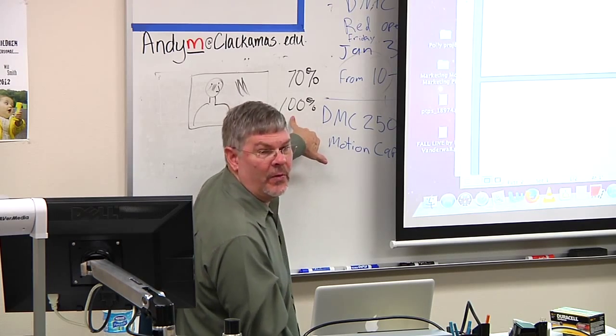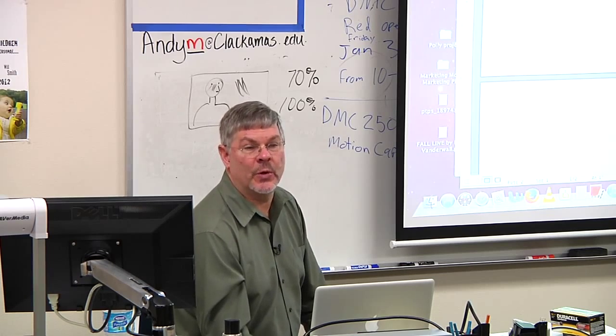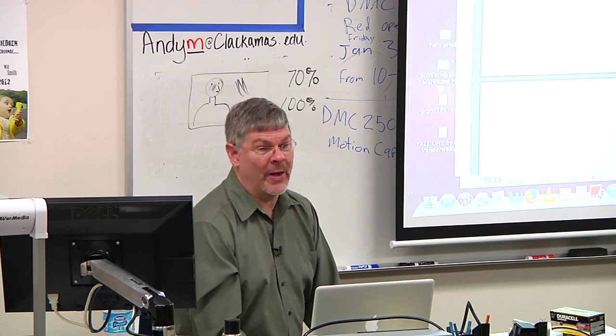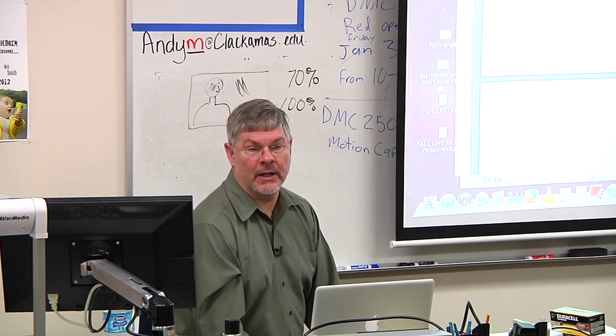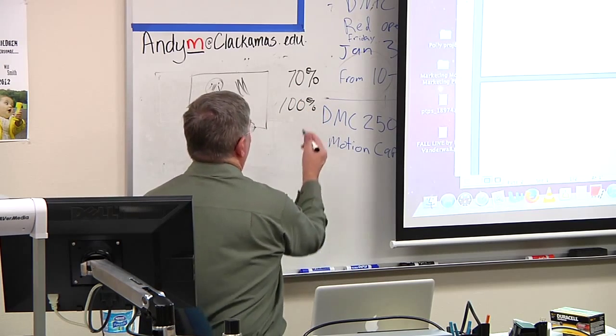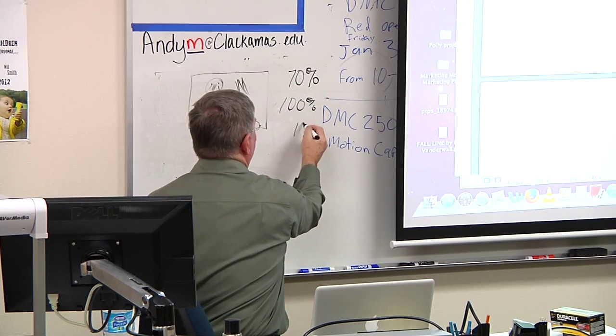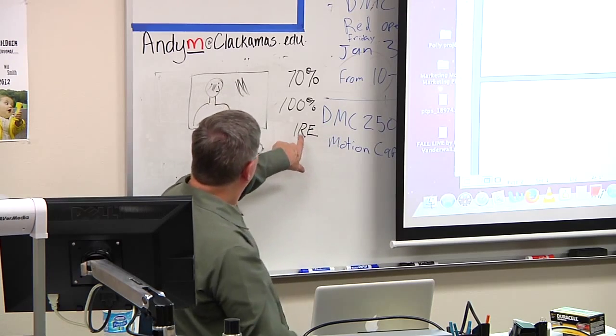100 is helpful because you want to know what's clipping. Now sometimes some of the newer cameras actually can go all the way up to 108% without clipping. By the way, these numbers here, you'll also see the term IRE. And right now I can't remember what IRE stands for, but anyway,